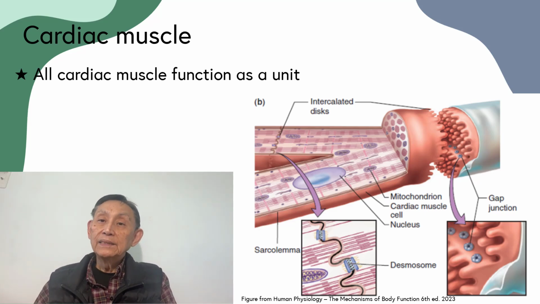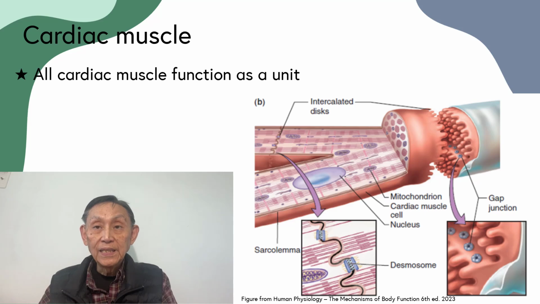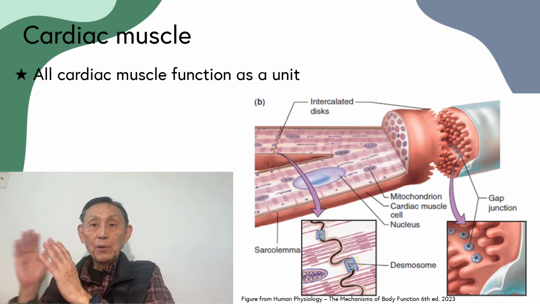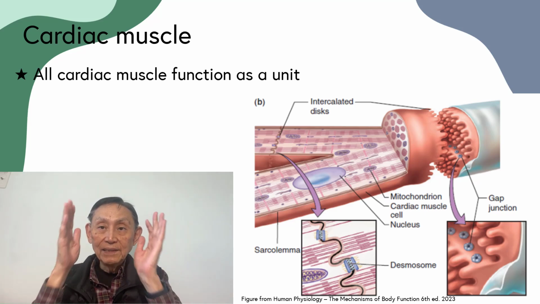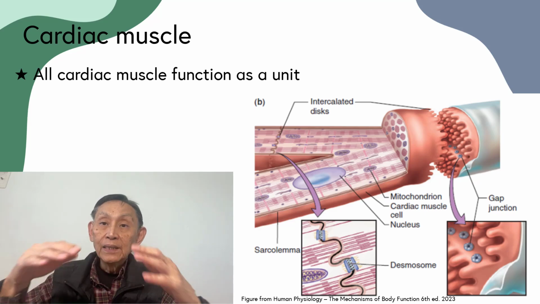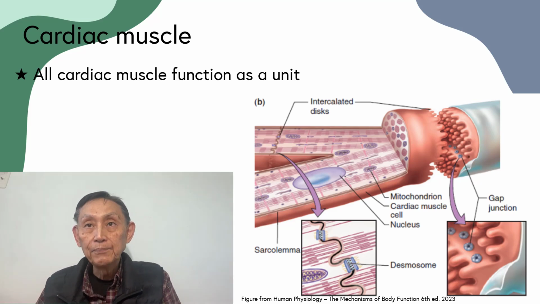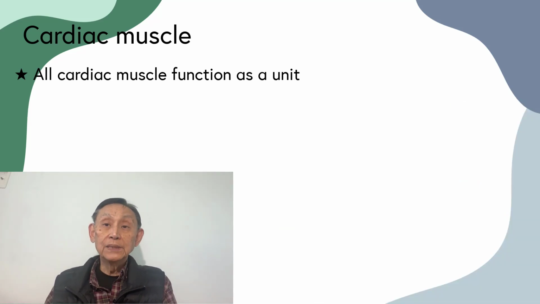And there's another difference between skeletal muscle and cardiac muscle. Although they are striated, they have organized Z-lines, dark band, light band, dark band, light band. They also have a quite well-organized sarcoplasmic reticulum. Okay, this is all similar.